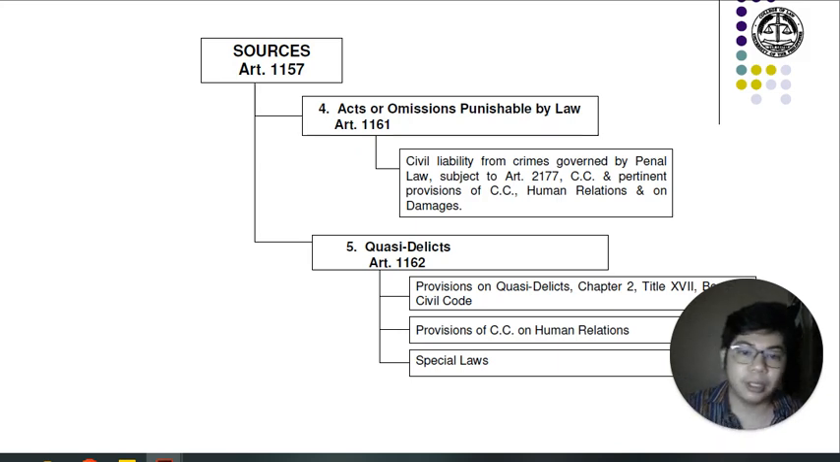Okay? This is the second one, the solutio indebiti. So I actually call this payment by mistake. So under Article 2154, if something is received when there is no right to demand it and it was unduly delivered through mistake, then the obligation to return it arises. So in this payment by mistake, take note that there was something received where in fact there was no obligation, no contract, or no juridical relation that existed,